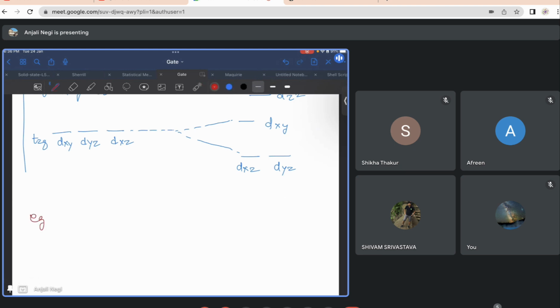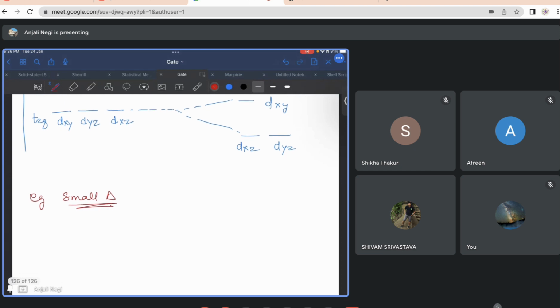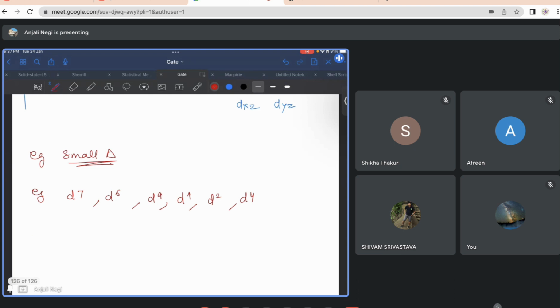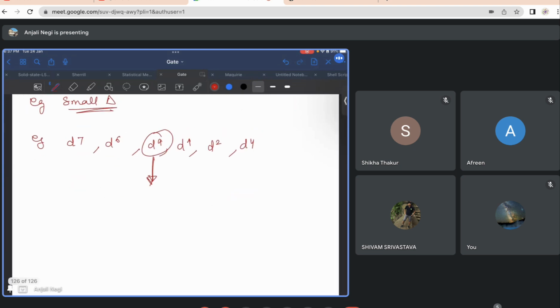So in the example of small delta, that is high spin, d7, d6, d9, d1, d2, d4, all these will correspondingly have some Jahn-Teller distortion, but the strongest Jahn-Teller distortion will be seen in d9. So I will just write it down here. So in the case of d9,